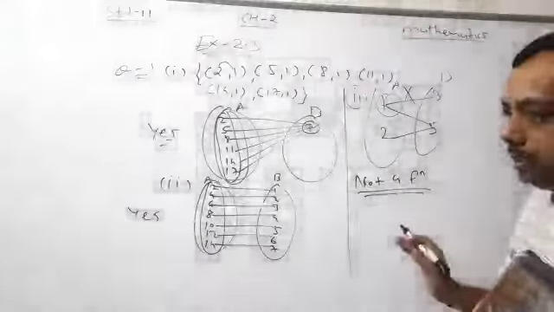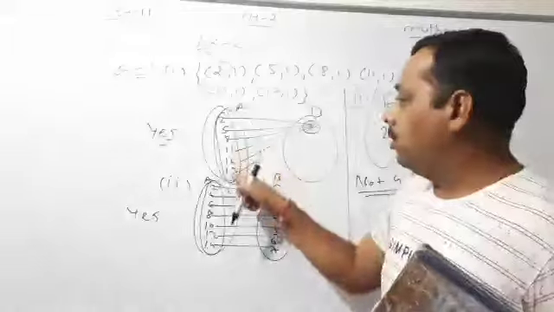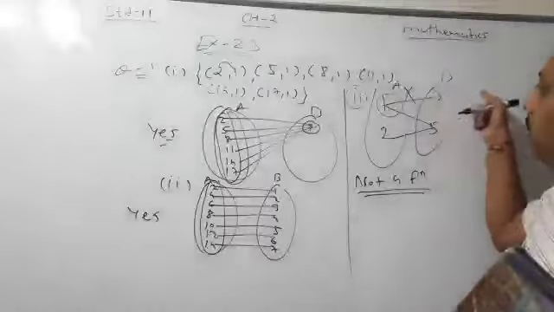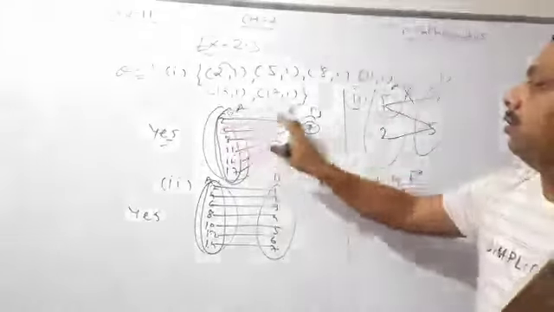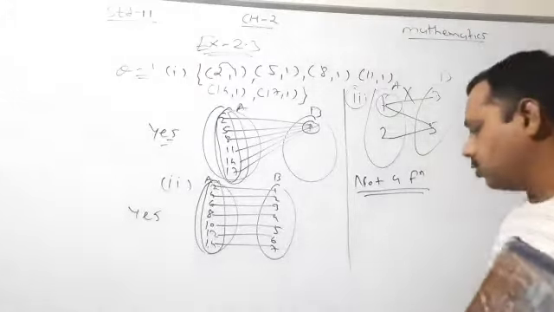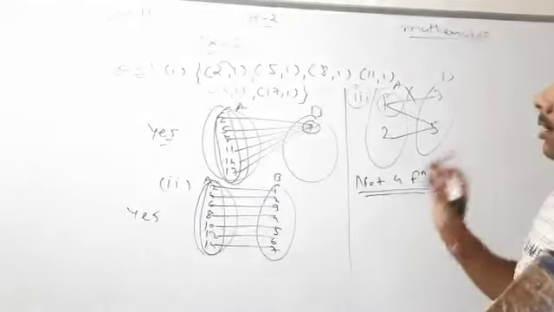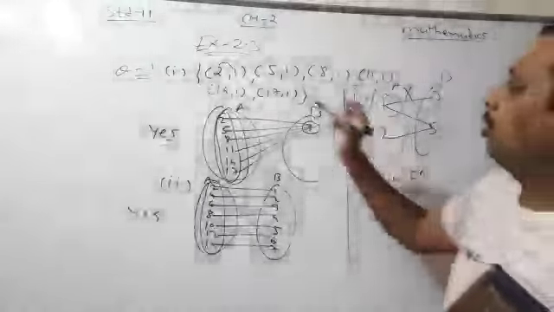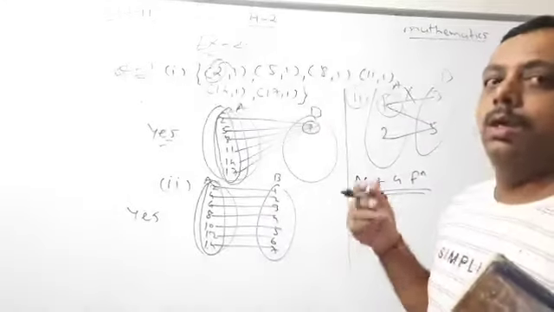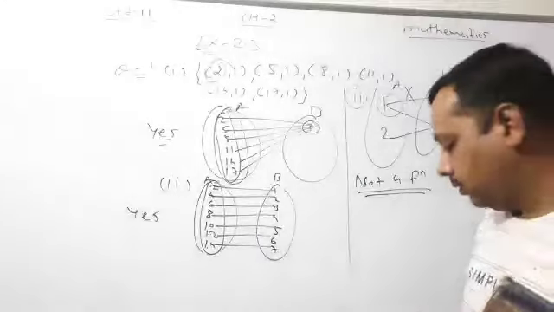So when it is a function, one and only one pair is connected. Not many pairs with 1. So 1 to 1, not many with 1. So this is not a function. So clear, when the relation is known as a function, your first entry is not repeated, then it is called a function.